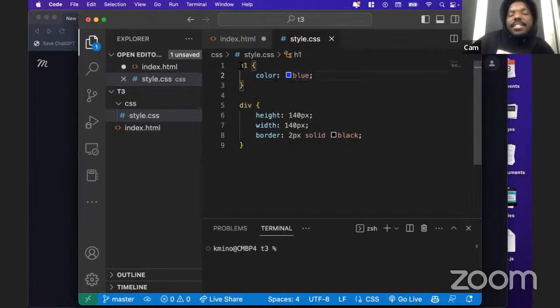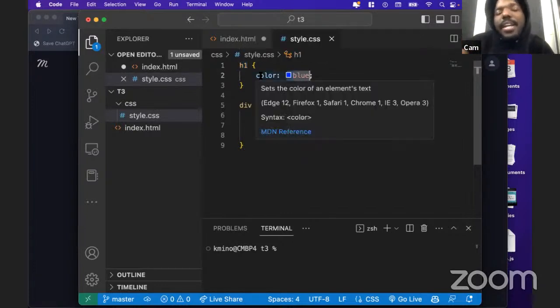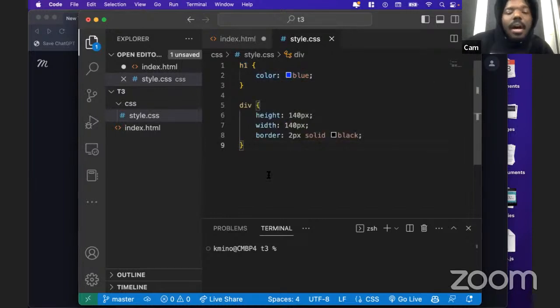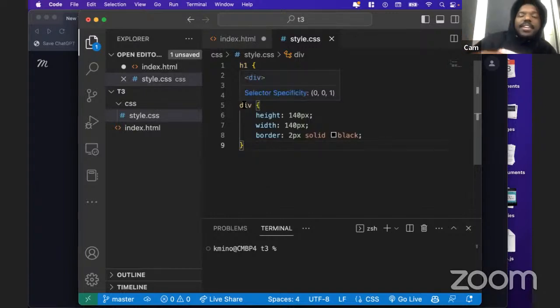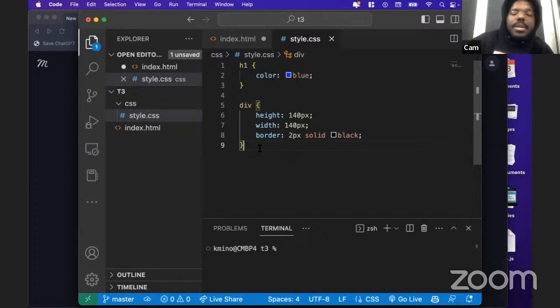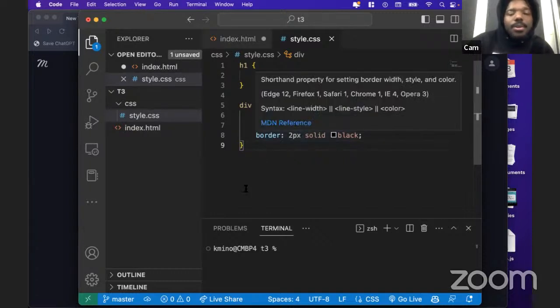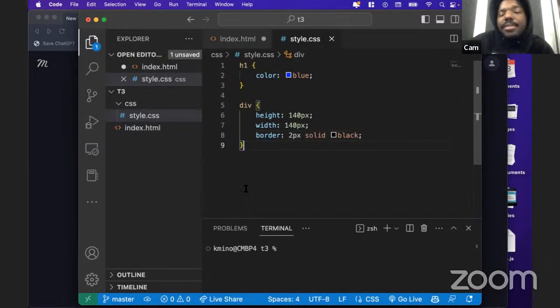So in this case, we're selecting H1 elements and saying, hey, for each H1 element that I find, I want to take the color property and give it blue. So this will turn our H1 elements blue. Similarly, we have this div here, and what we're doing is creating a bit of CSS that's saying for whatever div I see, I want to give it certain properties, like a height of 140 pixels, a width of 140 pixels, and then a specific border, right? So this is kind of how CSS allows us to start to select elements inside of the HTML to style in a more